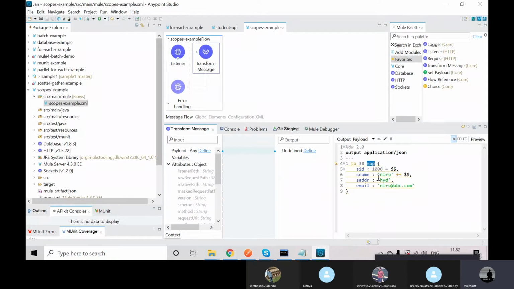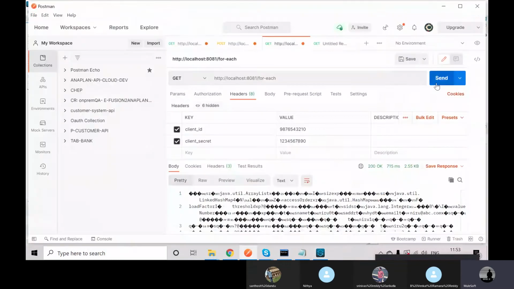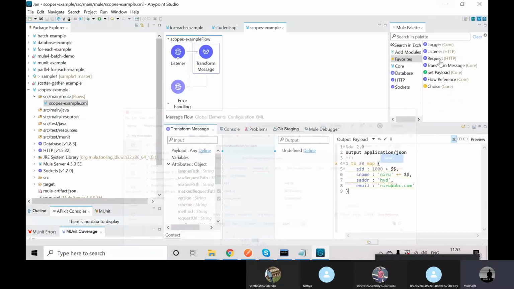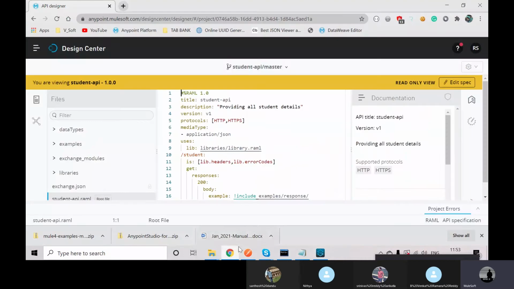I am doing it by using mapping, and in every iteration I'm printing some data. If I click on the send button, it will print 30 records. Here I can see SID 1000, and the index is 0. First it shows index 0, that's why 1000 plus 0, and Niru 0. Here you can see Niru 0.